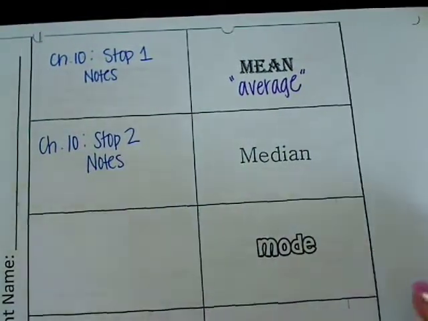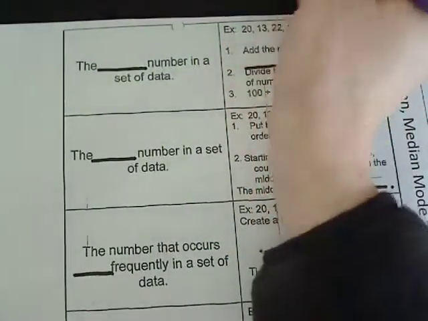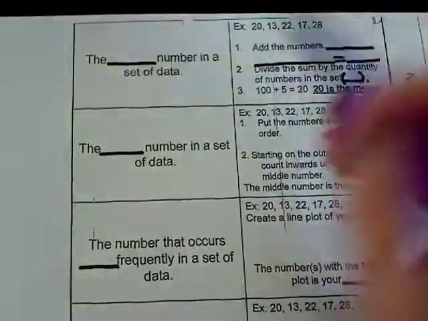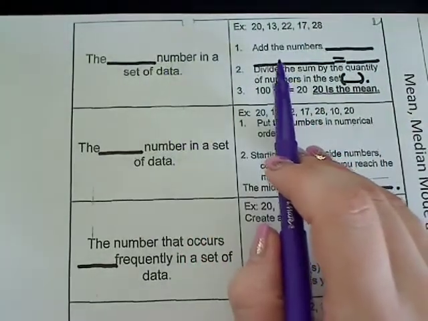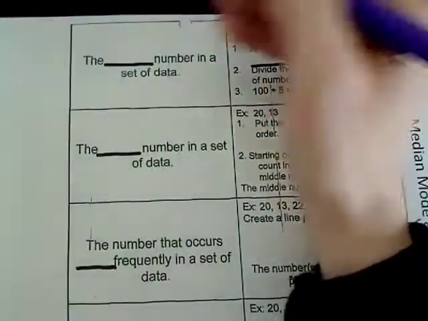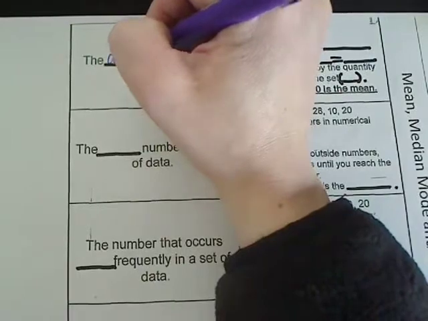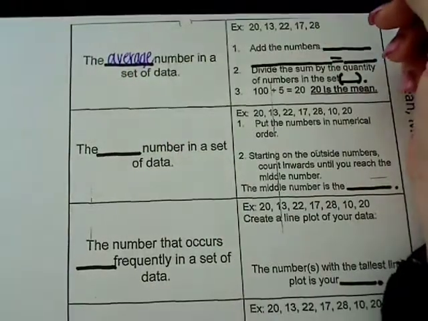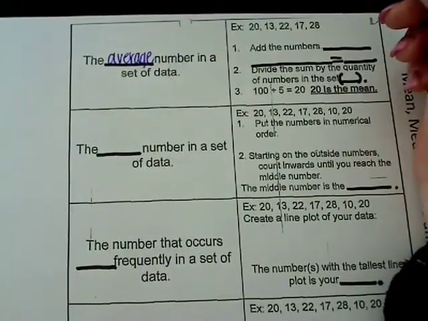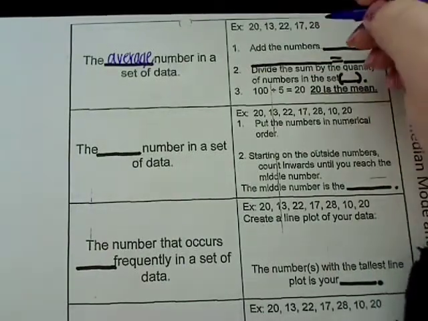So if we go ahead and we go to our foldable, alright, so we're just going to be doing this top part in this first video. Tomorrow night you're going to learn about the rest of the three. So the mean, like we said, is the average number in a set of data. So in order to find the average or the mean, what we're going to do is we're going to add